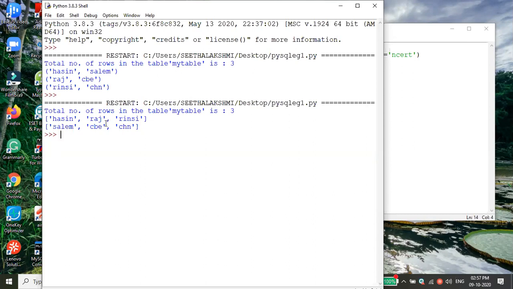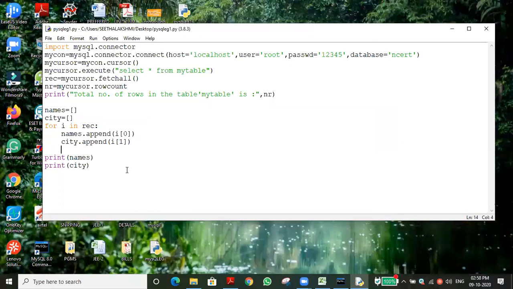Here, two things are there, name and city. So if you want a particular record, we can store it in a list or whatever. Or tuple. Already it is in tuple, so better we go for the list if you want to do any addition or deletion. In dictionary, as key is to value, name is to city also we can do it.